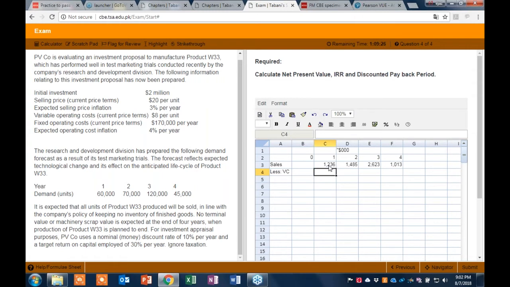So now let's look at the variable cost. The variable cost will be for the same level of units, so that is 60,000, 60. But the variable cost per unit is $8. And the inflation rate is 4% in case of operating costs. So variable cost is part of the operating cost, so it will be 4%, so 1.04. So for the first year, it will be 1.04. So let's copy the formula,